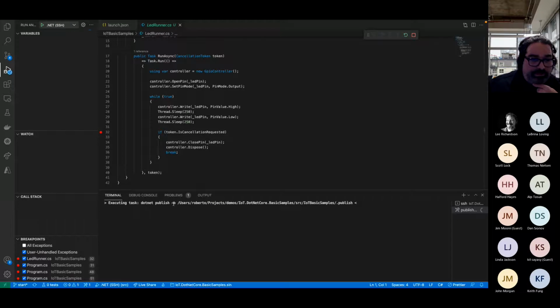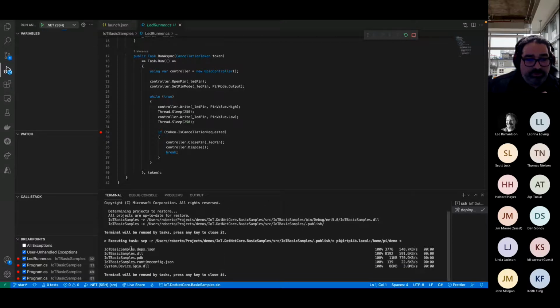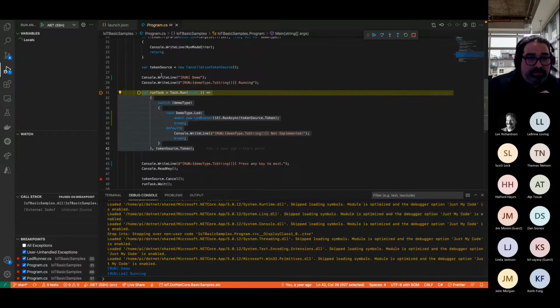So the .NET publish happens, same as I was doing manually. Things are built. It's SCP over to the server, same list of files. And now the magic of remote debugging happens. So you can also do this with a Raspberry Pi with Python. I've done it using the SSH debugging features that come with PyCharm from JetBrains. But they're very, very easy to configure using PyCharm.